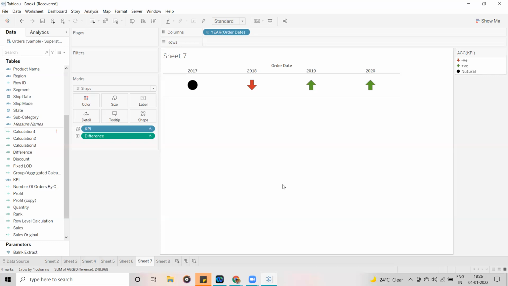The remaining things we can easily get. I am not saying the others are not important, like if I use any field either in the marks card or column shelf, row shelf, how the data is displayed in the view and how we can change it in different ways, that is also important for work. But for interview purposes, you have to concentrate on only these topics. That is what I am trying to say.